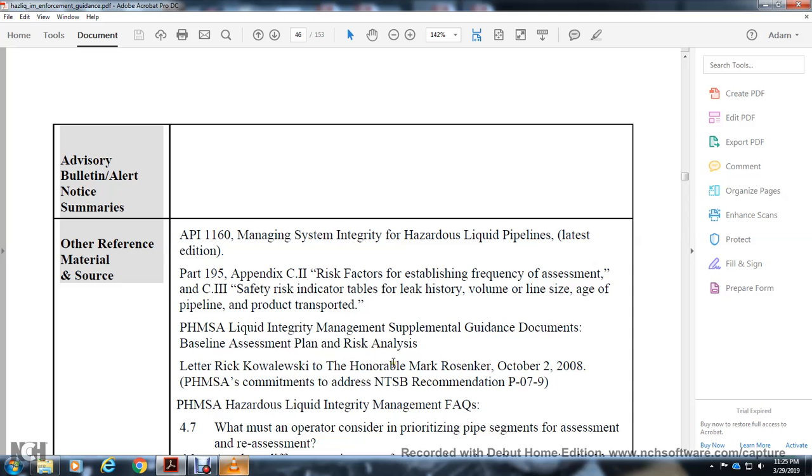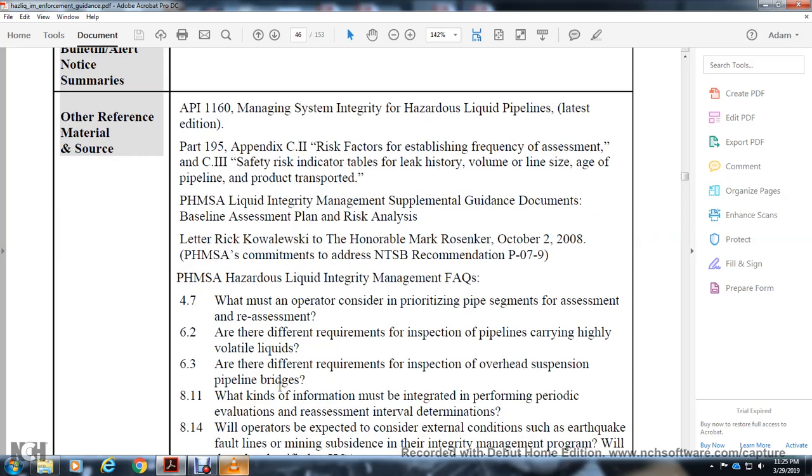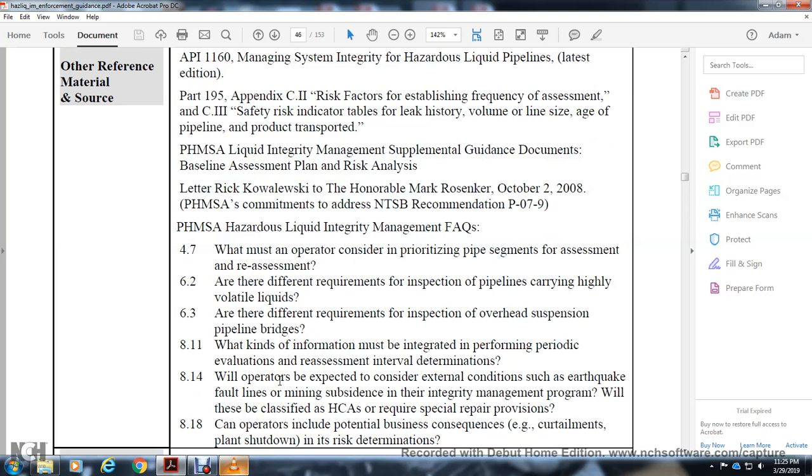PHMSA hazardous liquid integrity management frequently asked questions: 4.7. Whether the operator considers the prioritization of pipeline segments and subsequent reassessment. 6.2. Are there different requirements for inspection of pipelines carrying highly volatile liquids? Are there different requirements for inspection of overhead suspension pipelines